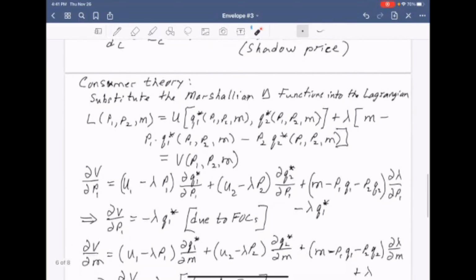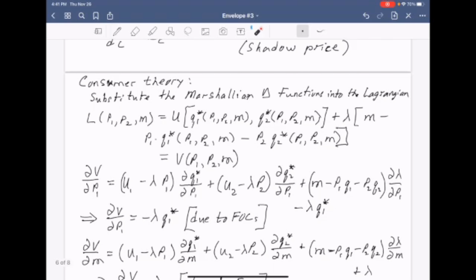Now, if we look at consumer theory, we substitute the Marshallian demand functions into the Lagrangian. So here we substitute them into the utility function, and this would give us the indirect utility function. But we're going to do it just a little bit more. We're also going to substitute it into the constraint set. So we get this, and that means we have this value function, which is a function of the parameters p1,